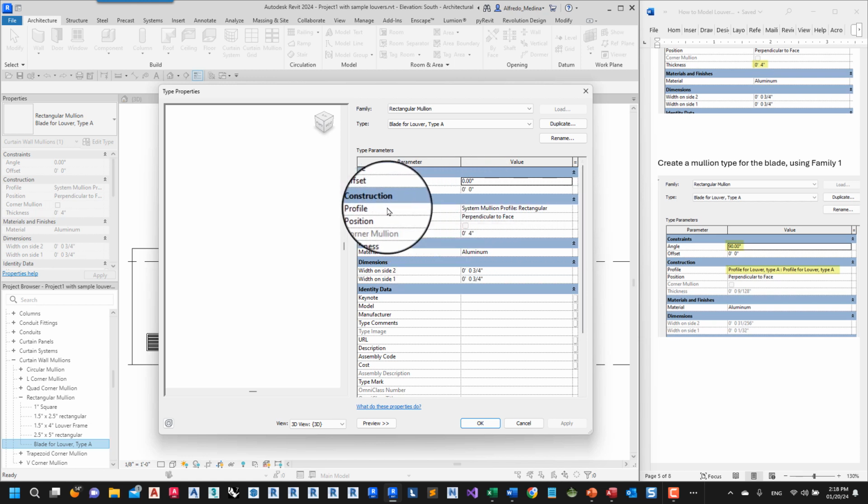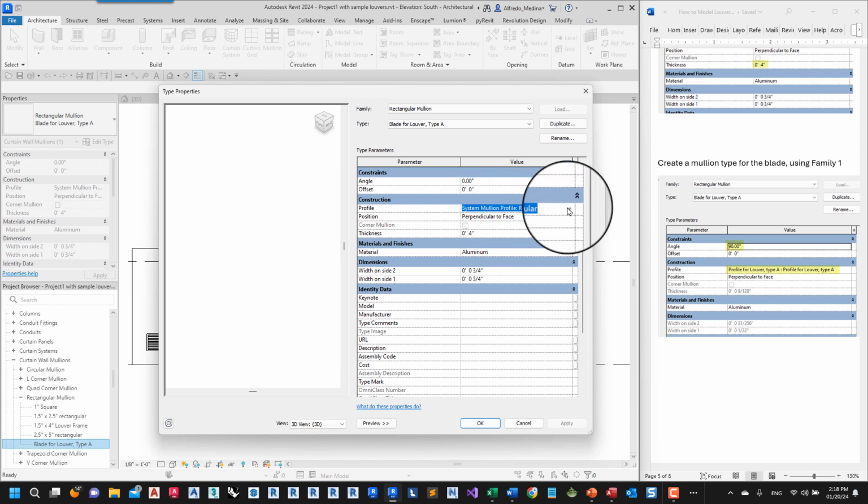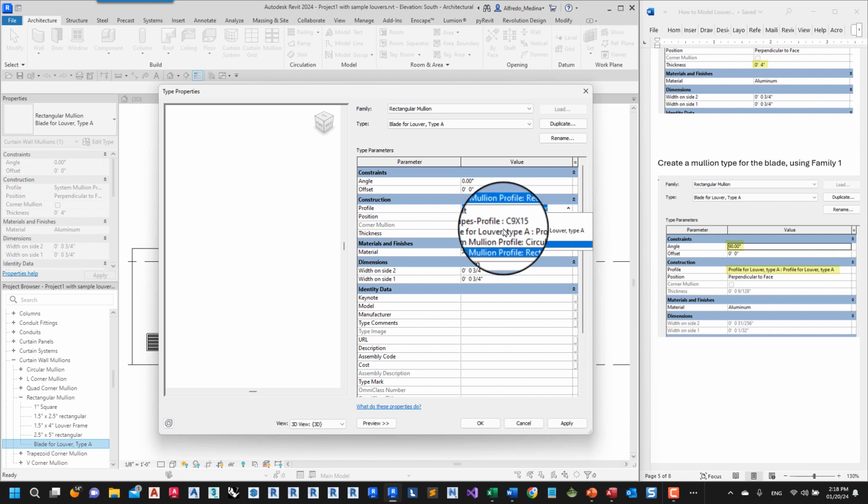The profile for this mullion is the profile that we just loaded, which is this one, profile for louver type A.